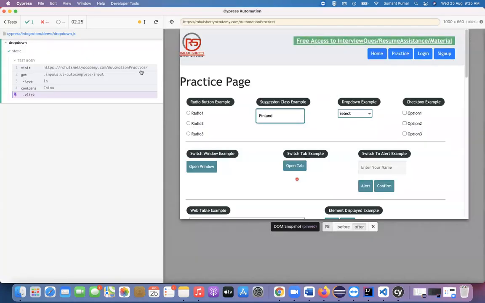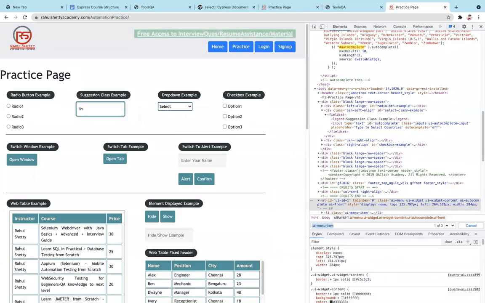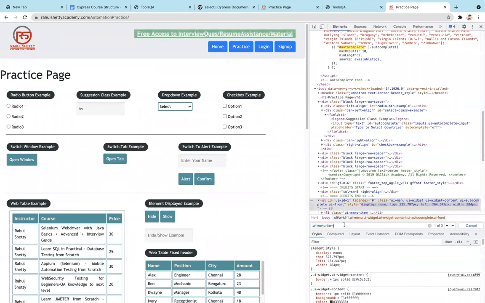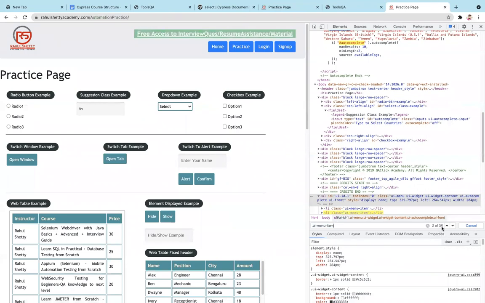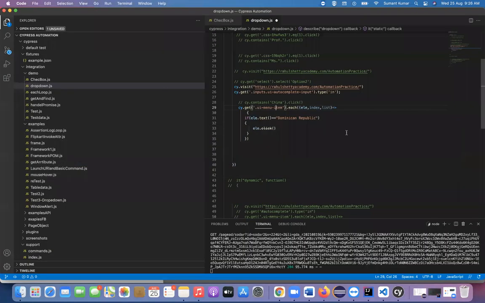So with the IN, how many elements are coming? It's almost 36 elements. So as of now, with this particular class, we have a total of 36 elements.